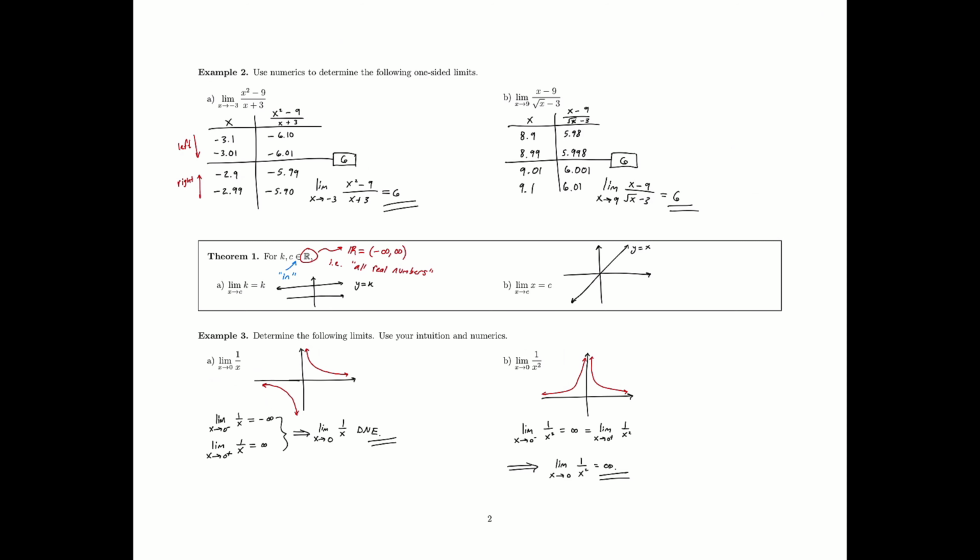In the previous 3a over here, because they approach different varieties, let's say, of infinity, the limit didn't exist because they didn't match. Whereas over here, they do match now. They both yield positive infinity. The issue now becomes that infinity is, sadly, not a real number. So because infinity is not a real number, this technically